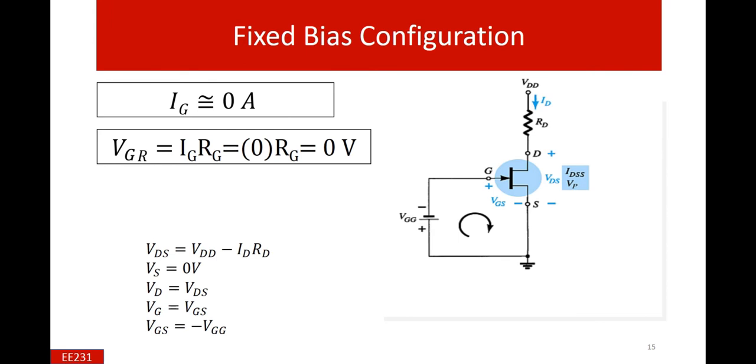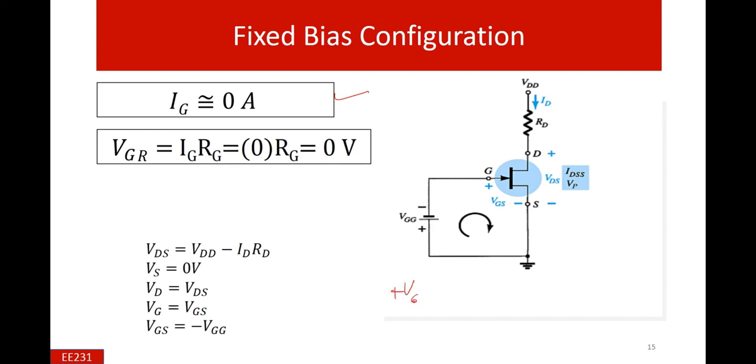So these are the important results, and we are using here that the current in the gate terminal is zero, so the voltage drop across the resistance is zero. So we just replace that resistance by a short circuit for the DC analysis purpose. Actually there is a resistance for the AC circuits, but for the DC analysis circuits we can replace it with a short circuit. Okay, next, if we apply KVL in this loop, for example,